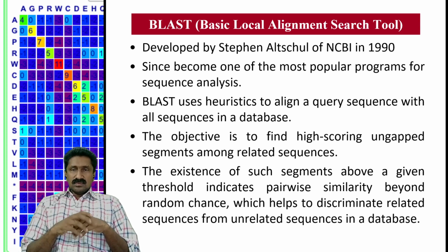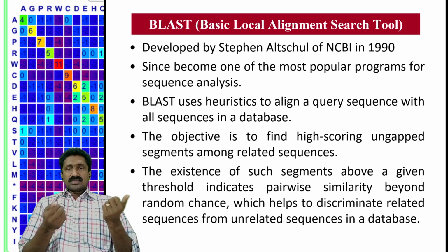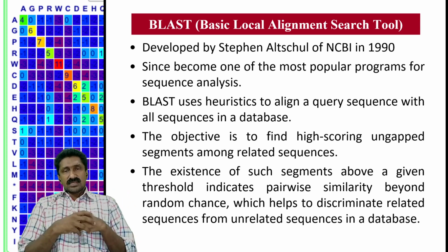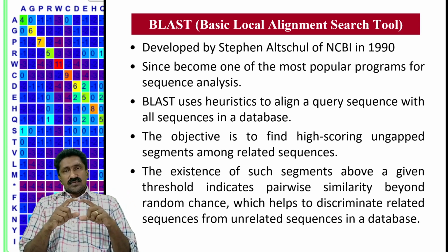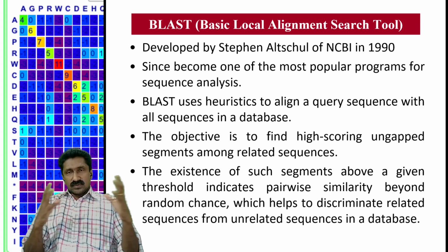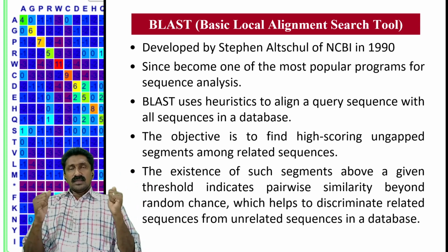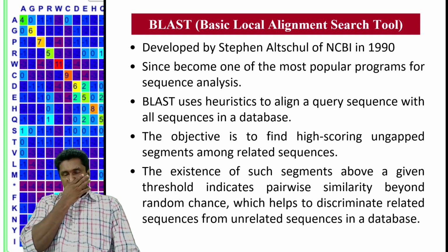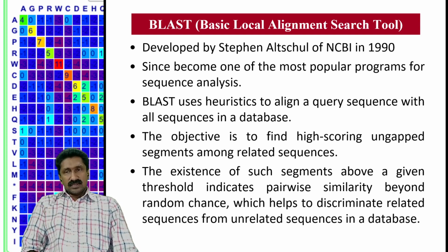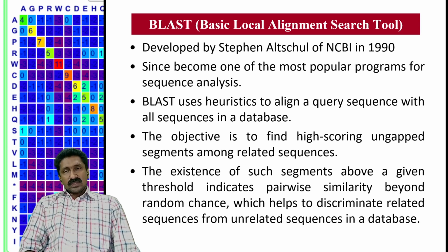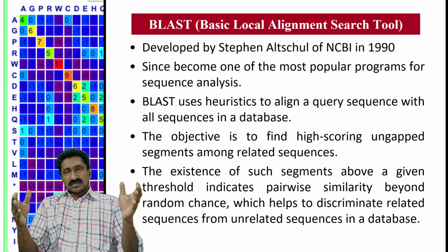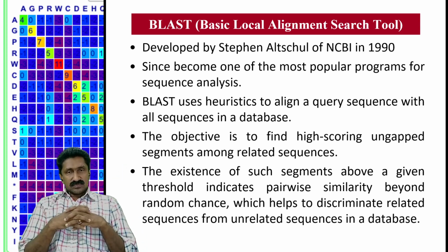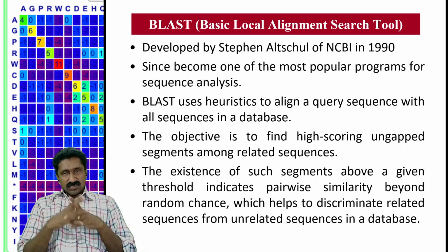So, these are high scoring segment pairs. That means usually if you have say a sequence in your hand that may have a length of say 1,000 nucleic acid length, a DNA sequence of a 1,000 base pair length that is with you for identification. That's your query sequence, and you are searching against your database. So you can't expect the entire 1,000 sequences to be matching exactly against the database. So it can be broken as different segments.